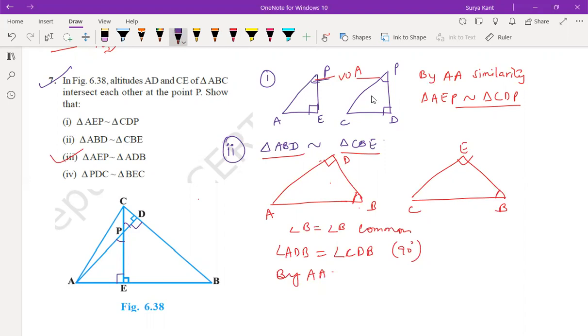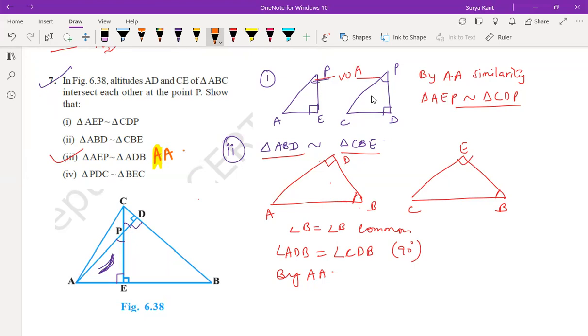AEP. We are talking about, sir, it's same like the second one, right? Here, AEP, this one, and ADB, the larger one, ADB complete. Yeah, same. Angle B is common, you are saying, right? No, angle A is common, sir. Angle A is common, yes. Yeah, and 90 degrees. Yes, angle A and 90. Angle A, this also is angle A only.